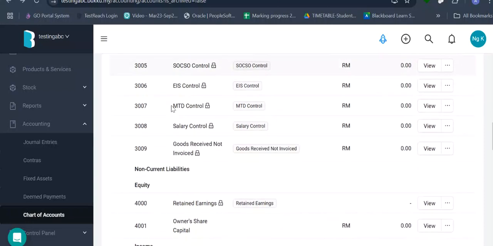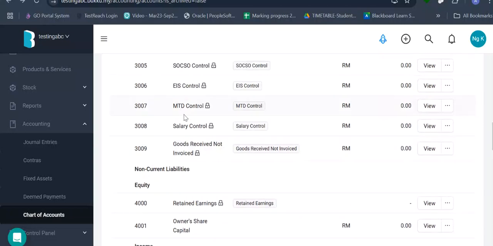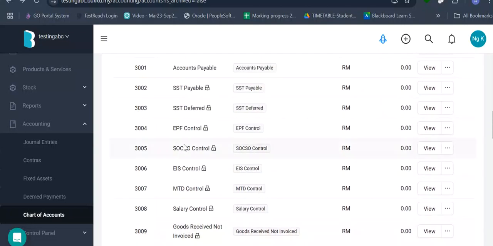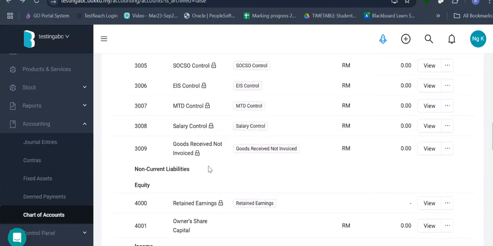Okay, moving on. Goods received not invoiced. This is the liability account. We haven't posted it to accounts payable, but based on the accounting rules, we will record purchases the moment we receive the product from supplier. Some supplier, they deliver to us first, then 1-2 days later only they send us an invoice.